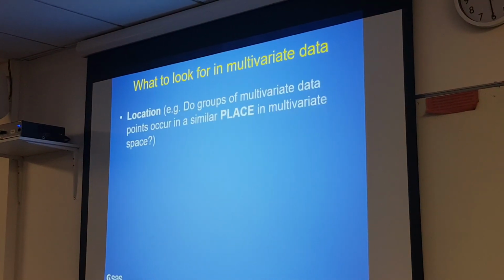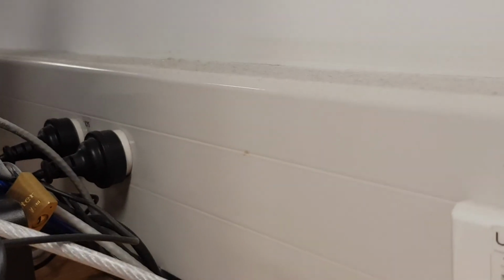So, what are we looking for in multivariate data? Location. If you want to describe your multivariate data to somebody, this is just the analog to what you do in univariate analyses. You look for